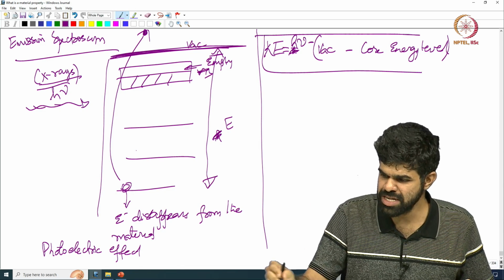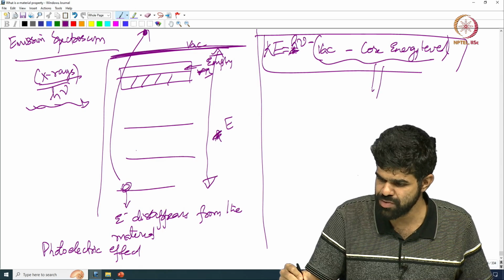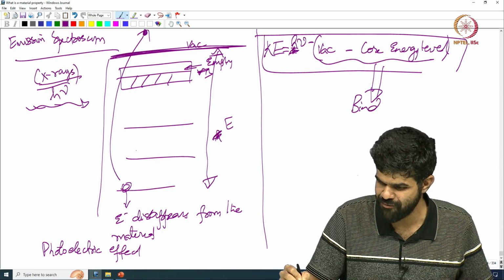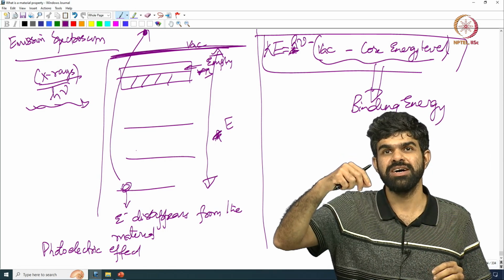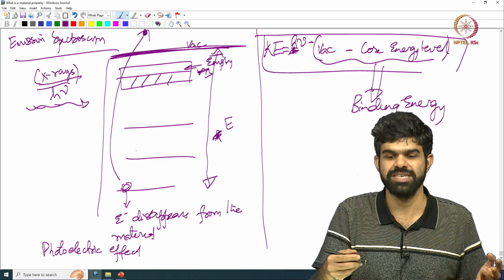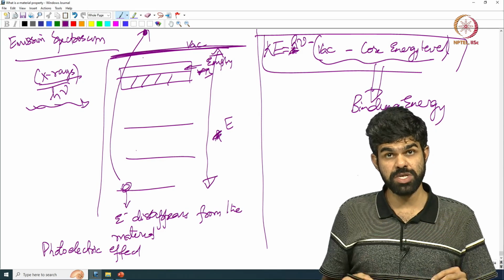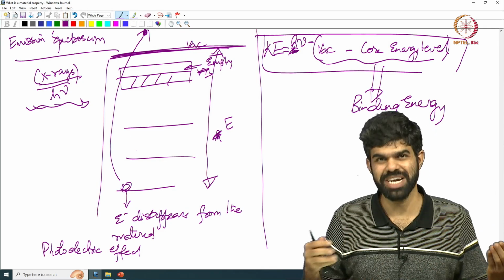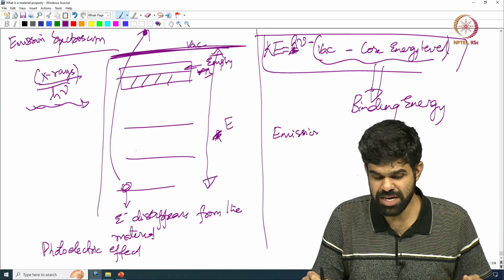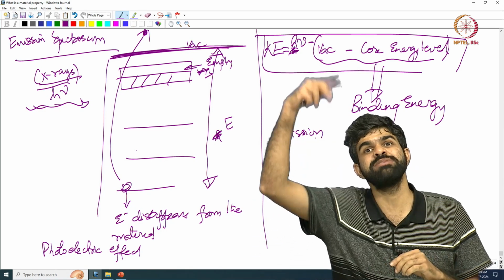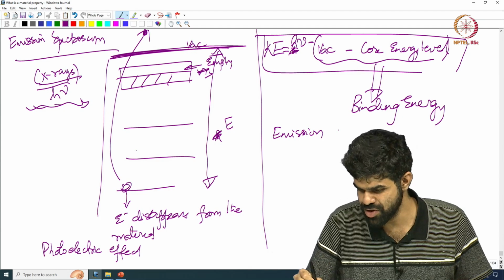Using this, I can actually calculate what is called the binding energy. I can calculate the binding energy of the electron just by measuring its kinetic energy. So, when it was in its core level, what was the binding energy? Okay. So, this is also an emission spectroscopy, because here I shine X-rays and I am emitting out photoelectrons. So, this is also emission spectroscopy,